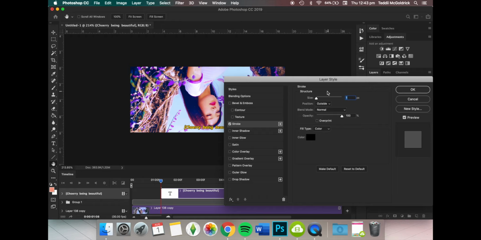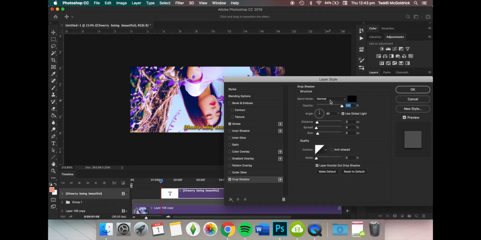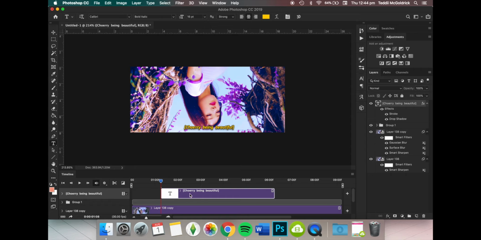So I just do a one pixel thing, maybe, 1 pixel size black, just to make it stand out. And then I also do a drop shadow. Now drop shadow, I never work out the settings I like best, but for now I do black, normal, 100% opacity, a 90-degree angle with 305. Just copy my settings. Feel free to pause at any point in this video to do that, and voila,